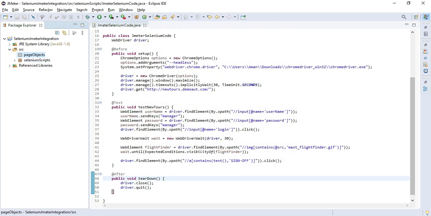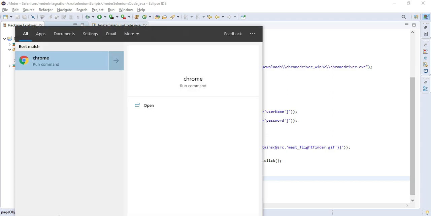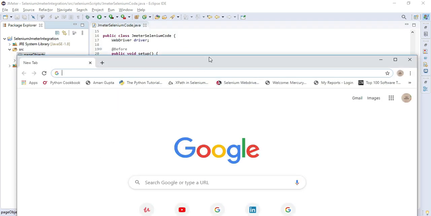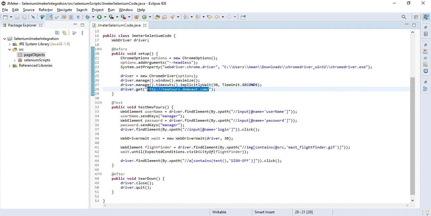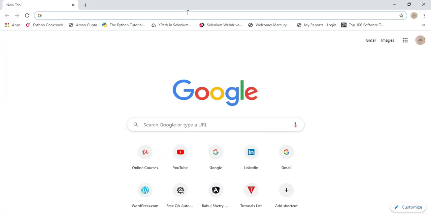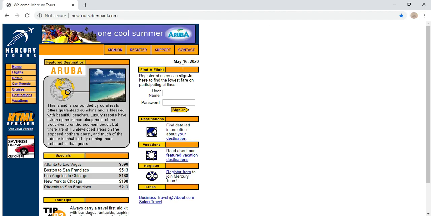And let's go to our application. For that, I'll be required to open the Chrome browser. Okay, we have opened it. Let's open our application. Okay, so this is our application, and this will be the login page.